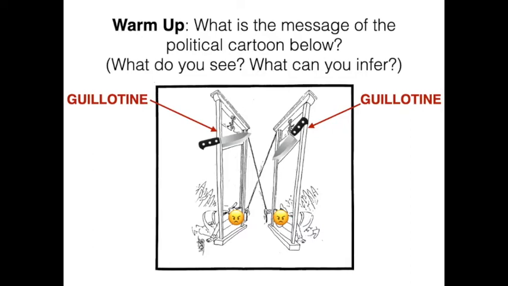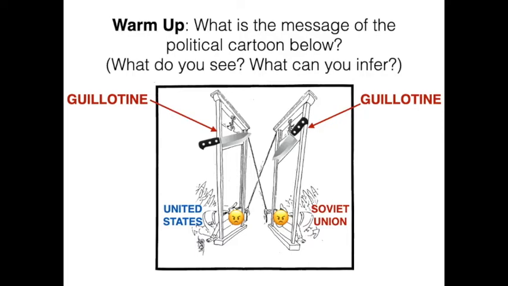Since I know this is part of the Cold War unit, we can infer or maybe assume that one of these represents the United States and the other represents the Soviet Union. So these are the two sides. They are acting hostile toward one another. They are no longer friends. Although they used to be allies during World War II, now they are enemies in the Cold War. Now, we're going to look closer at what these two people are doing.